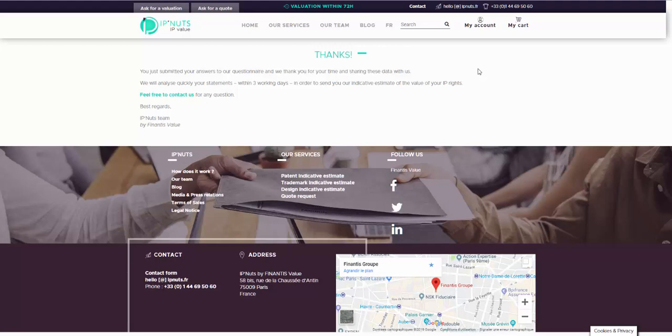We remind you that the conclusion is an indicative value and it depends on the data you have provided in these questionnaires. So it is really important that you are careful when you answer the questionnaire, and feel free to contact your advisors, your legal, accounting and marketing advisors, to get the best answers you can through these questionnaires. The more precise and accurate you are, the more we will be able to send you a relevant report.